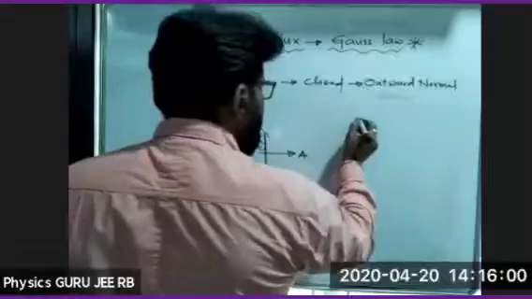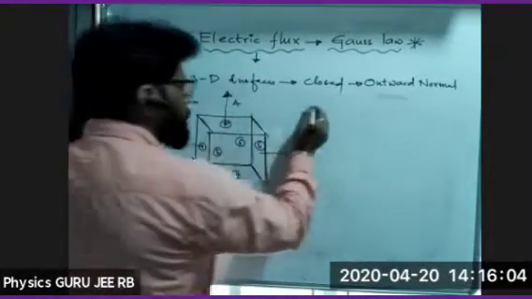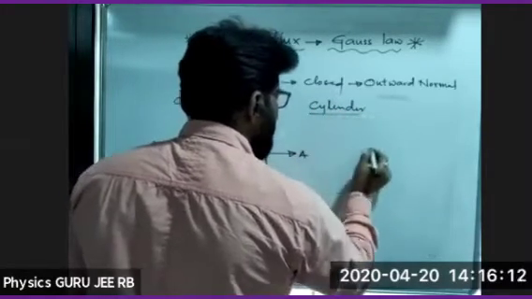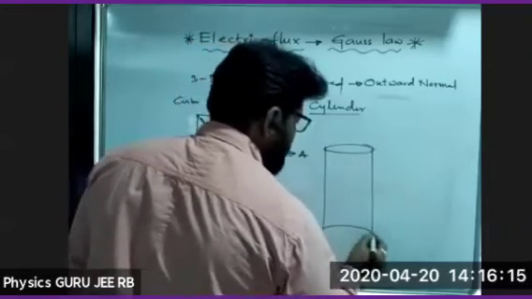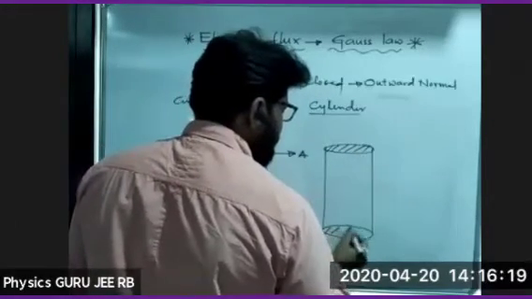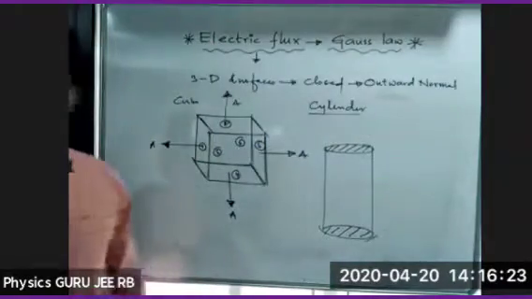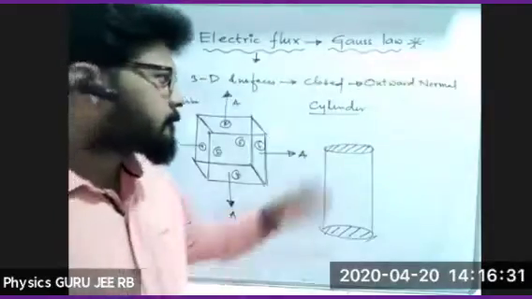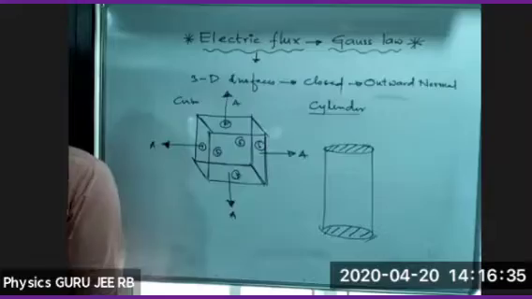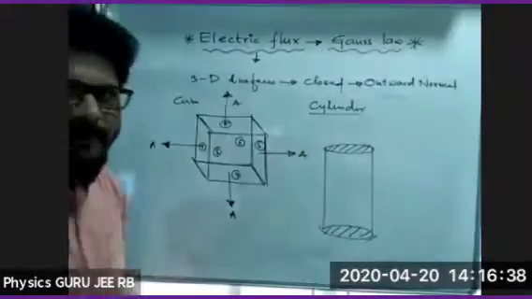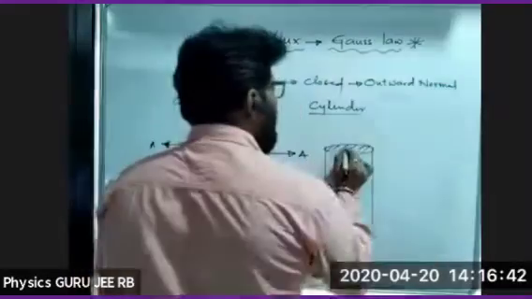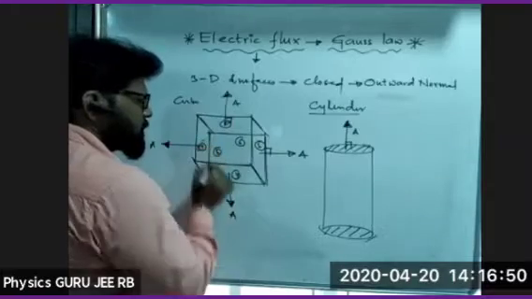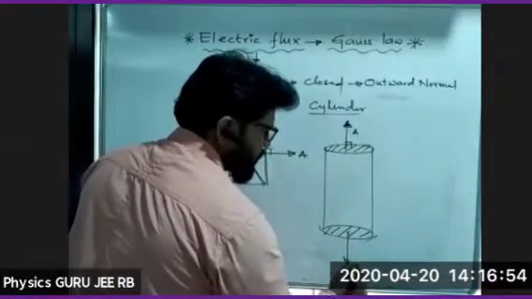Let me take a cylindrical shape like this. If I take a cylindrical shape, areas with outward normal, how many surfaces can we connect here? How many surfaces will a cylinder have? Three surfaces. Let me see. One is the area vector which is perpendicular to the surface. See, it is always perpendicular here. So one more area here, perpendicular.